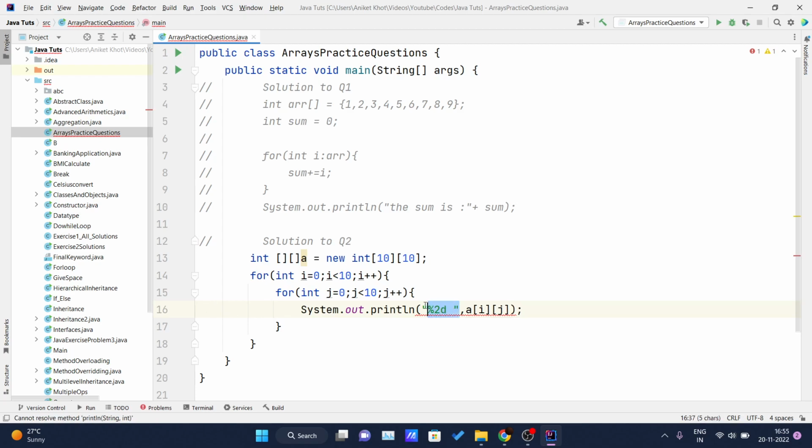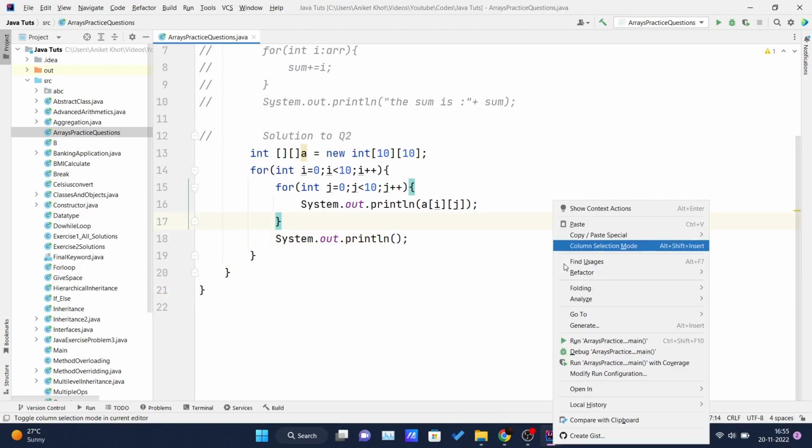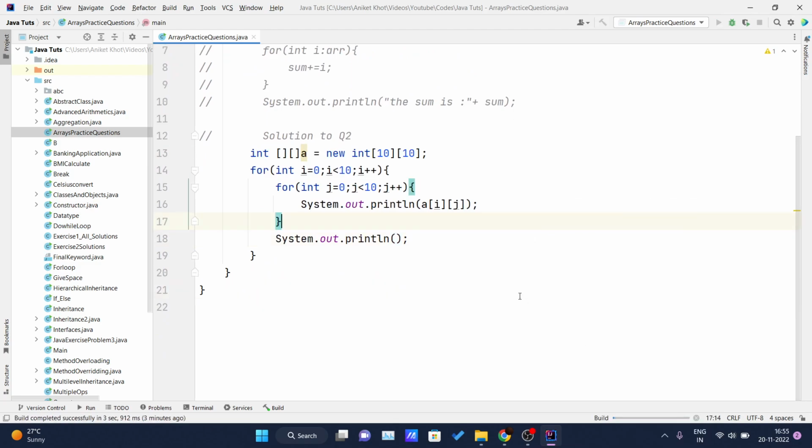Wait, I can simply print the value which is inside the array at I comma j index, and after printing the inner for loop I need to move to the next row, and for that I will simply write one print statement so that the program execution will get to the next line. Okay, now if I run this class,